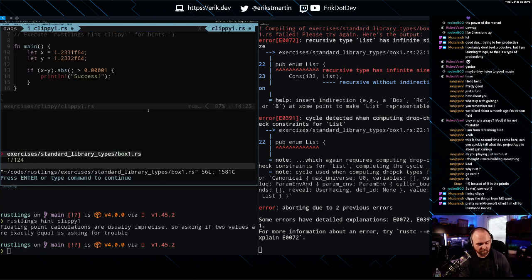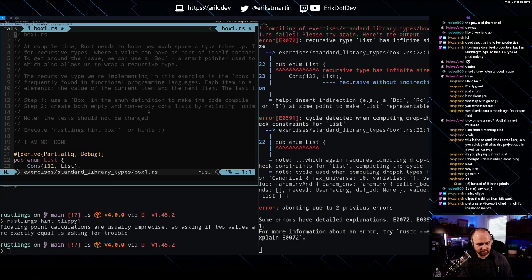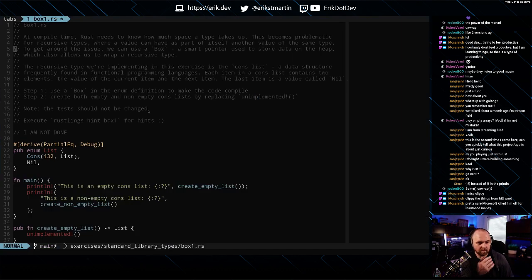We're gonna have to start doing some box stuff. Alright, at compile time, Rust needs to know how much space a type takes up. This becomes problematic for recursive types where a value can have as part of itself another value of the same type. To get around the issue, we can use a box, a smart pointer used to store data on the heap, which also allows us to wrap a recursive type.